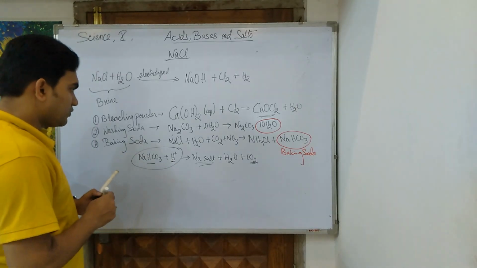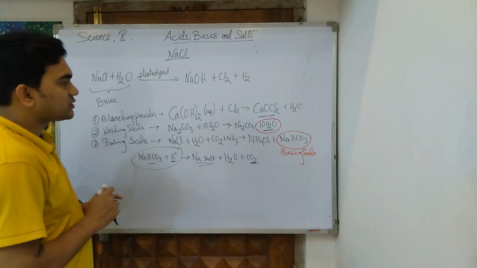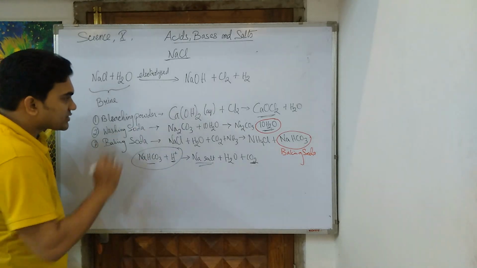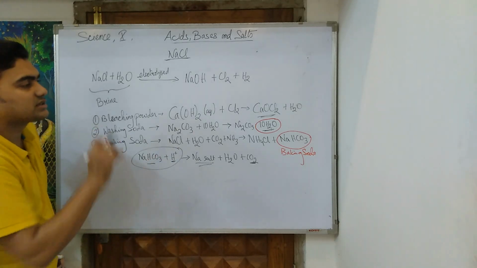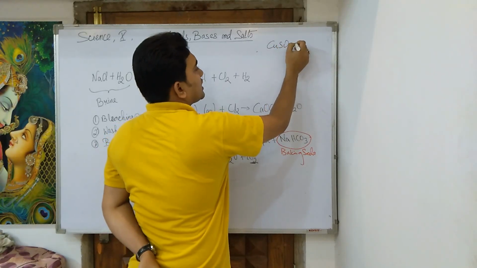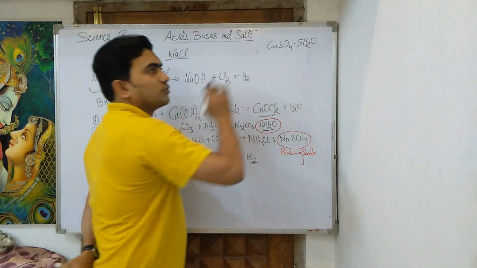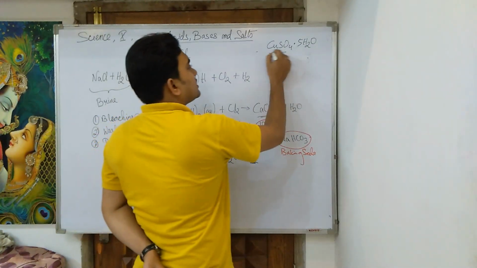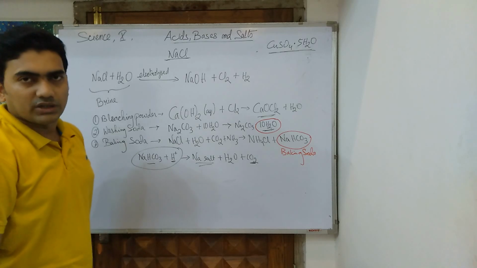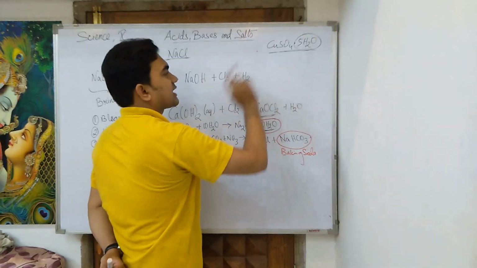So now we have come across a new thing, this water of crystallization. What actually does the water of crystallization help us with? The water of crystallization gives certain characteristics to our salts, like copper sulfate, CuSO4. It is also known as blue vitriol because of its blue color. This salt has 5 molecules of water of crystallization. These 5 molecules give it the characteristic color.